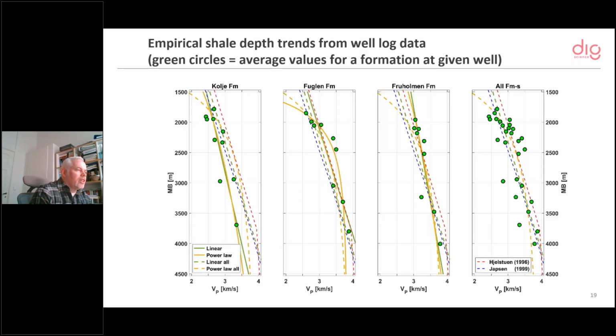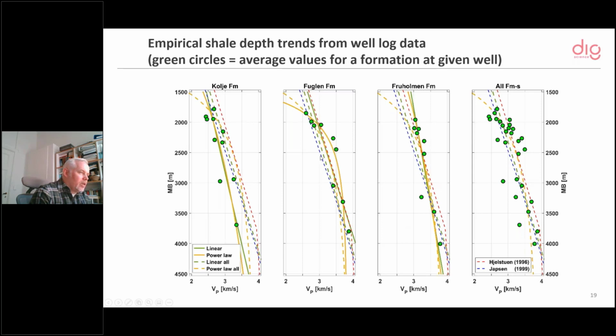But let's first also model the shales, because we need to have the shale properties for the AVO feasibilities. This we did empirically. These green circles are the mean values for one well, and we also split up into different shale intervals, the Kolmule, which is Cretaceous shale, and then you have the Fuglen formation, which is on top of the Stø formation, which is the one I'm going to use actually now, and then a deeper Triassic shale, and then you put them all together.